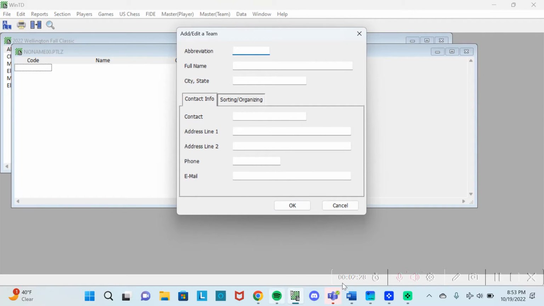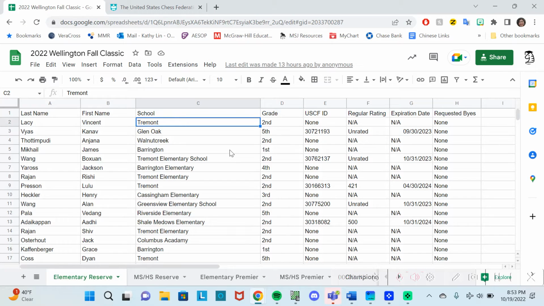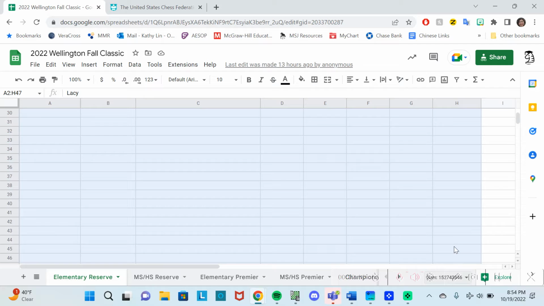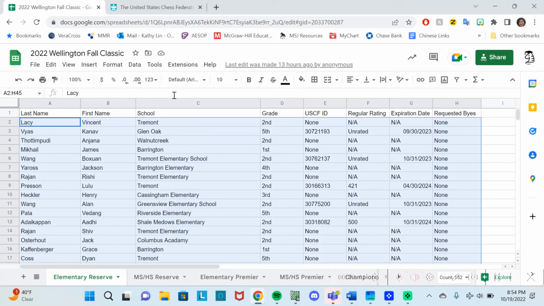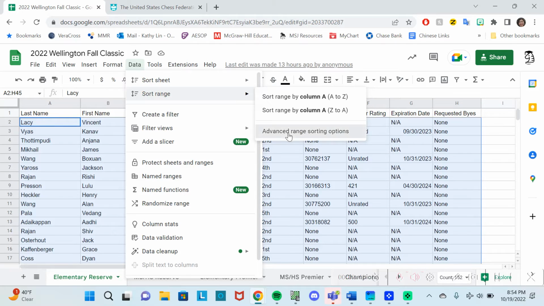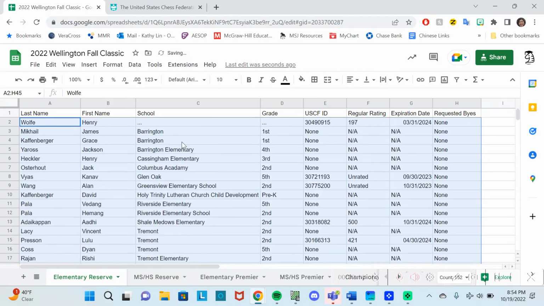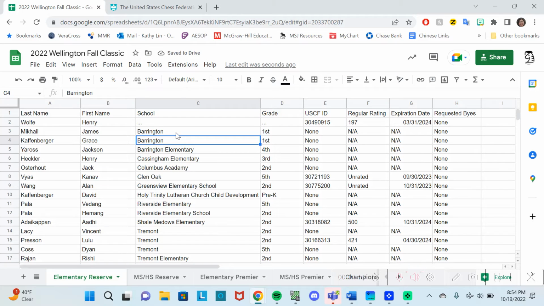And you want to have your file open and handy. Thanks to Jacob who organized this elementary reserve, I'm going to do an example with this. I'm going to sort: data, sort sheets, sort range, advanced sorting options. I want to sort by column C. Okay, so I can see automatically which schools have